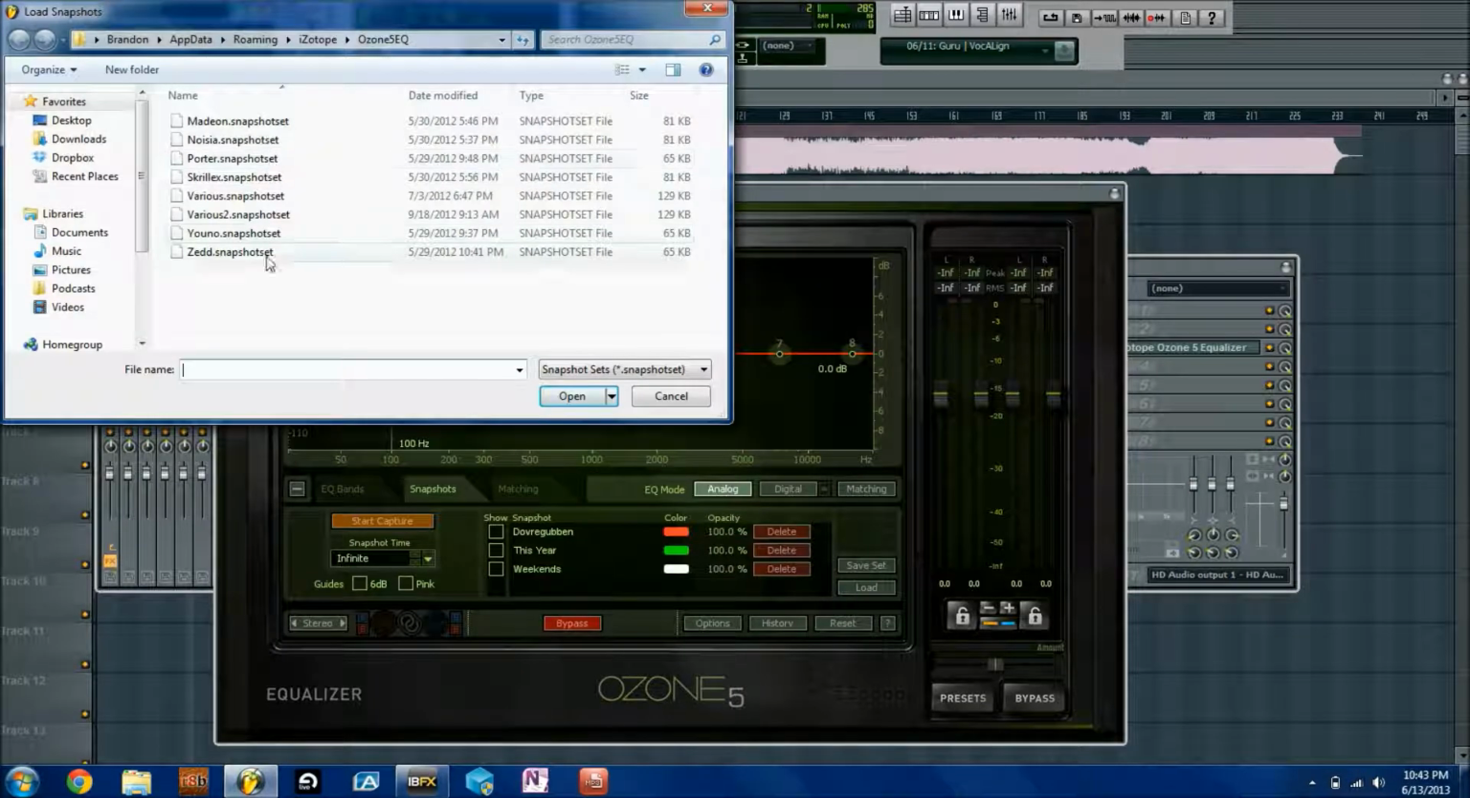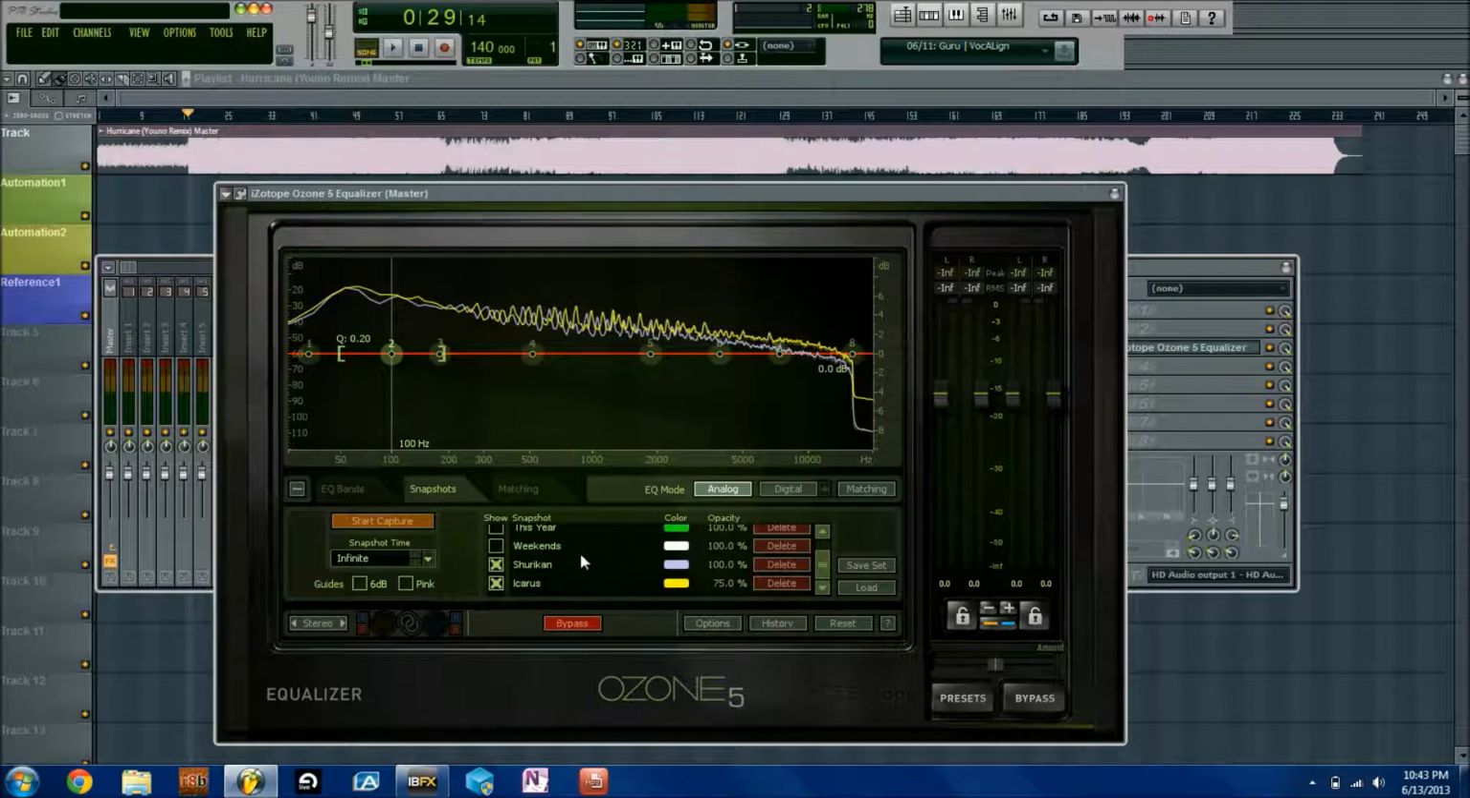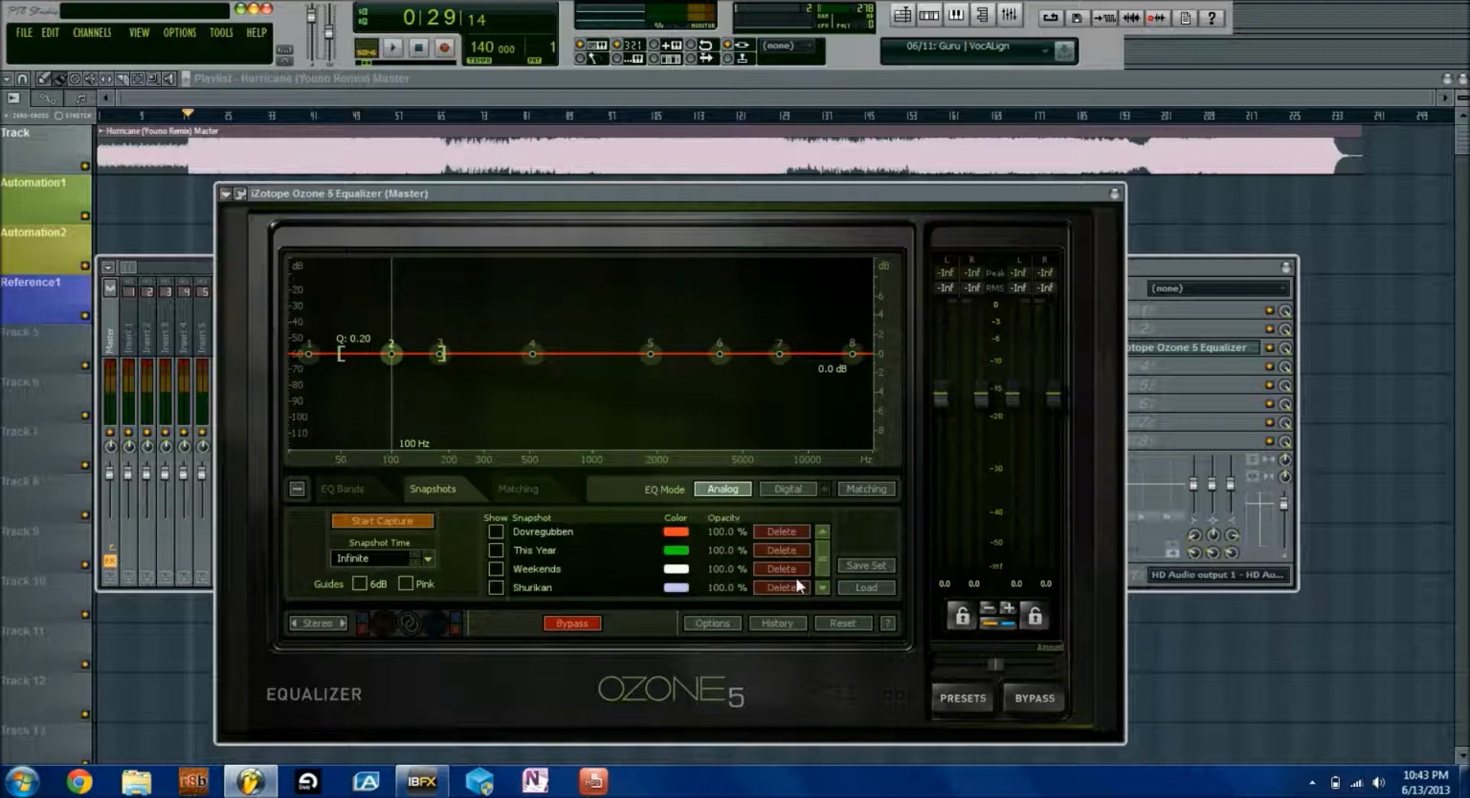Let's load up some more. Let's do Madeon. Why not? So I've got Icarus right there, Shuriken right there, and that's what both of them look like. So it's kind of interesting. You could delete them just like that. And to capture